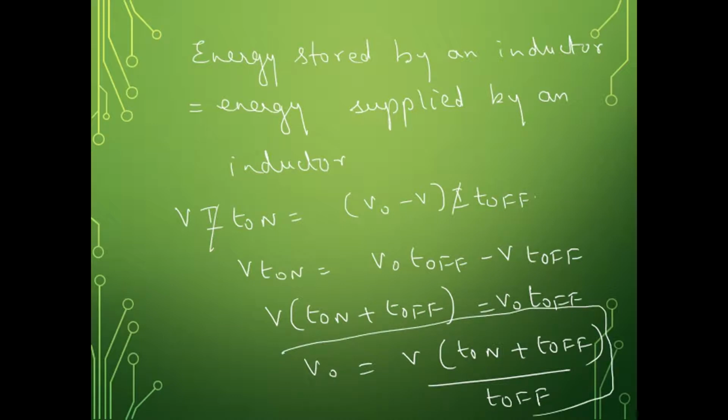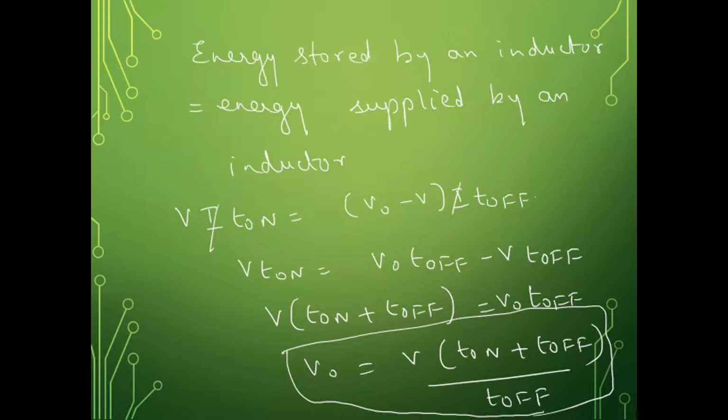Now what we will do is rearrange this on period and off period such that we get V naught in terms of duty cycle. That would be easy for us to analyze. By looking at this expression for V naught, we can say that we can obtain a variable output voltage by varying the on period, by varying the off period, by varying the total time period T of the thyristor. So now let us rewrite the expression.